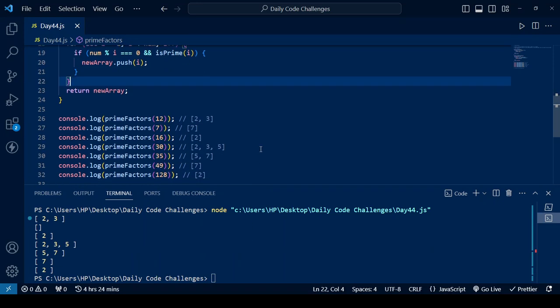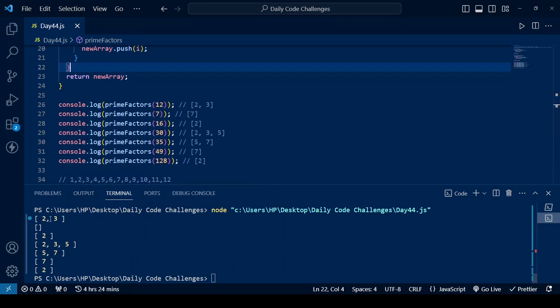Okay, so here we have 2, 3 for argument 12. For 7, we have an empty array. For 16, we have 2, which is correct. So we have 5, 2, 3, 5, 5, 7, 7, and 2. The rest of them are actually correct, except for argument 7. And why is that? It's so because